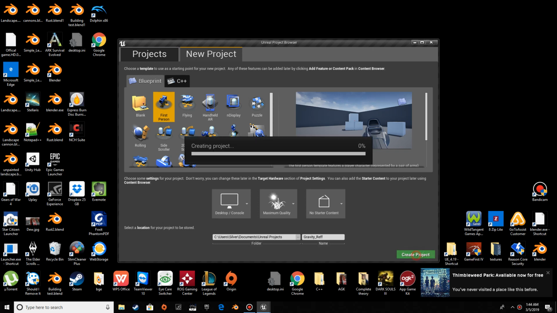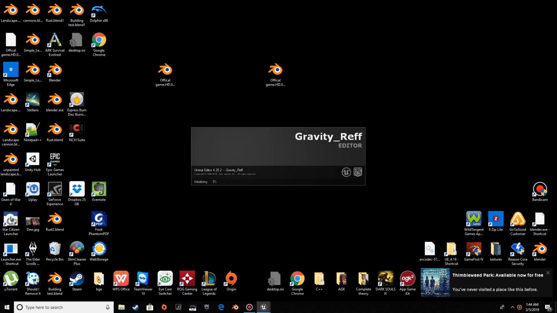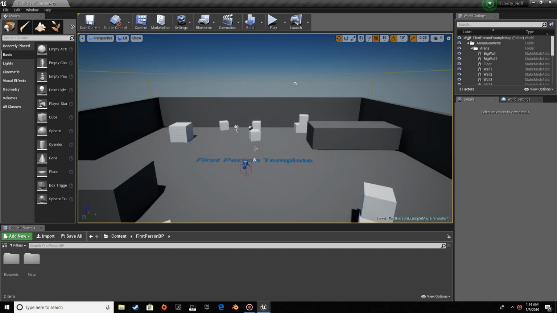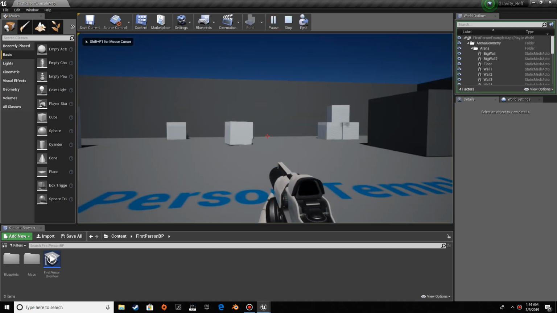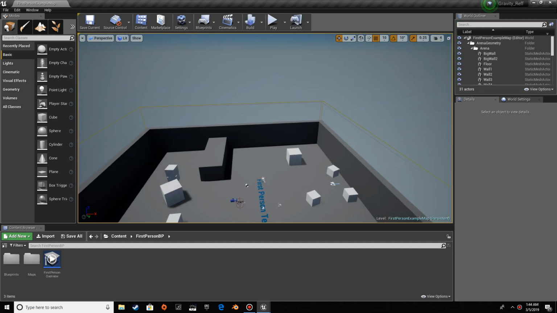No starter content. The reason why you want a gravity ref is you can make all kinds, let's say you get a new Unreal, whatever, you want to come back to your gravity ref to remember how to do gravity. So this is first person. We are in first person. Okay, so what we're going to do now